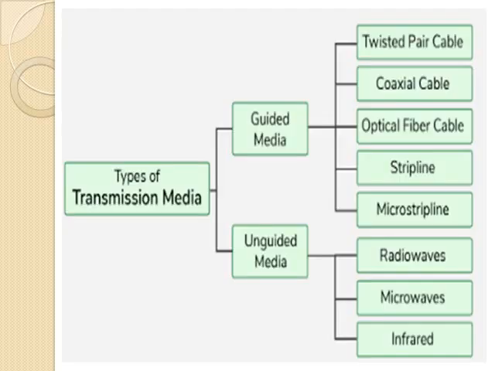Types of transmission media, as already mentioned, we have two types of transmission media. There is guided transmission media and unguided transmission media. In guided transmission media, as we have seen already, the main three categories are twisted pair, coaxial and fiber optic cables. Along with this, we have strip line and micro strip line. And in unguided transmission media, we have three forms of communication through air, that is radio waves, microwaves and infrared wave communication.